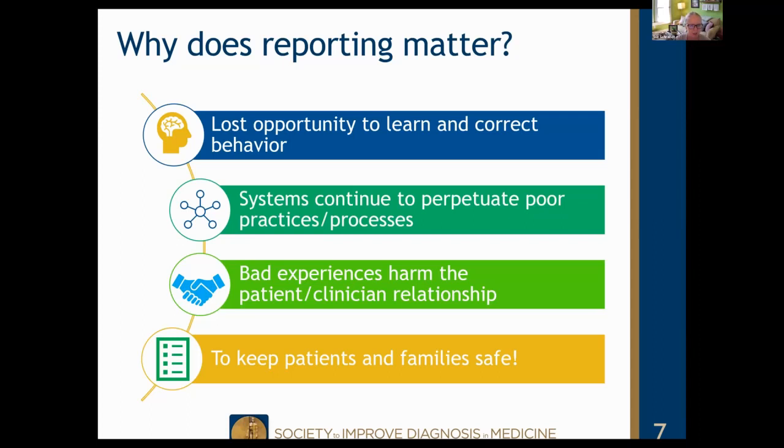And that doesn't just exist at the individual level, it exists at the system level. So the same error could be perpetuated across multiple systems affecting multiple people if we aren't able to learn from and correct behavior, correct processes, correct practices. Certainly those bad experiences can harm the patient-clinician relationship. And we hear from patients all the time that going through that really changes your trust and how you interact with healthcare. So this is another way that this can have such negative ramifications if we don't catch it and figure out how to learn from it.